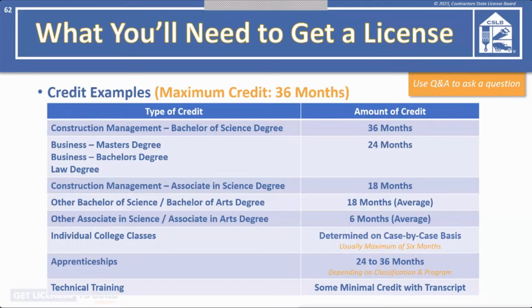This might be, I think the next 2 might be duplicates. I have a BS in finance. Will 1 year journeyman be sufficient? Again, when your application comes in, we have to review what classification you've applied for, as well as review your transcripts. So we can't give a definitive answer on that. The one right after that, again, was I don't see any information on the license exam. It's offered 6 days a week, Monday through Saturday, with a plethora of hours on those days, closed on Sundays.